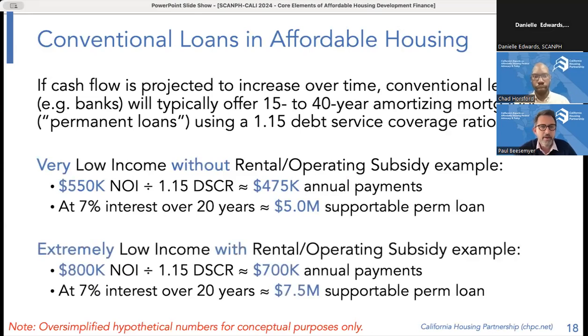So going back to our examples, our very low income, our 50 unit project targeted only to very low income folks, with a 20-year mortgage, 20-year term, 20-year amortization at roughly current market interest rates, we're only able to borrow about $5 million. And if you think back to our example, it's costing us $30 million to build this thing. At a 1.15 debt service coverage ratio, we're using darn near all the money that's available to support the debt. There is not much left to pass around to a cash equity investor.